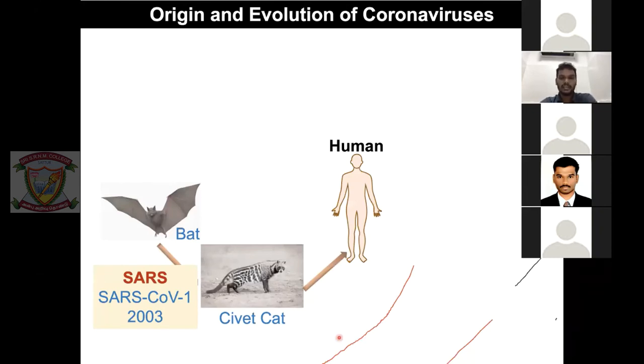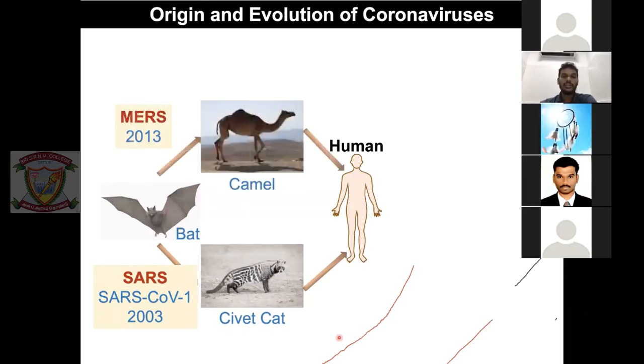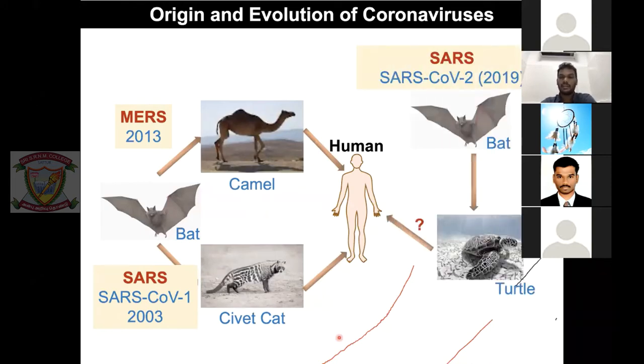So let's zoom out again and see how exactly this gets spread, particularly these coronaviruses. SARS-CoV-1, as we already said, is coming from bat, and then it has been transferred into the civet cat, and the civet cat transmits the virus into humans. And similarly, MERS-CoV is giving the virus to camel, and it's coming from there. But we do not know exactly where SARS-CoV-2 is coming from. People do say it is coming from bat, but what is the second element that transfers this virus from bat to human, we do not know.